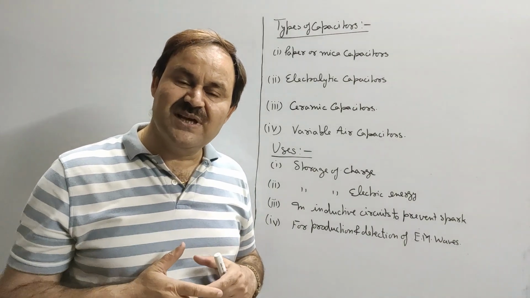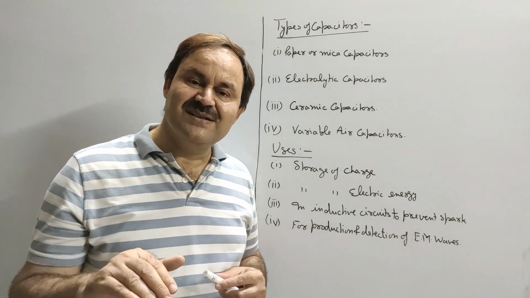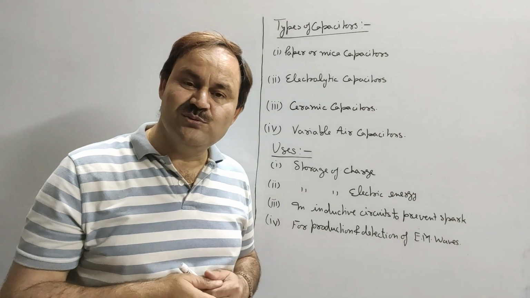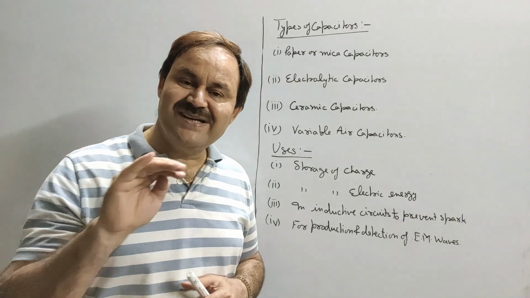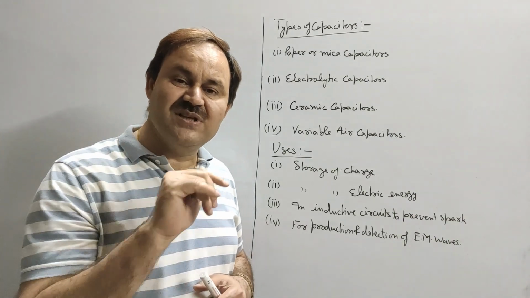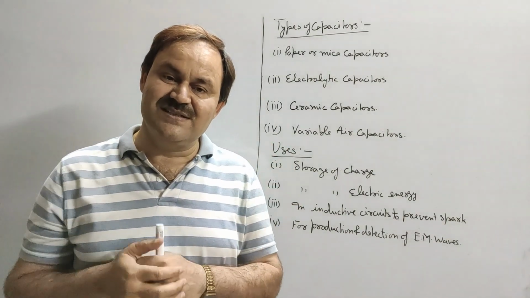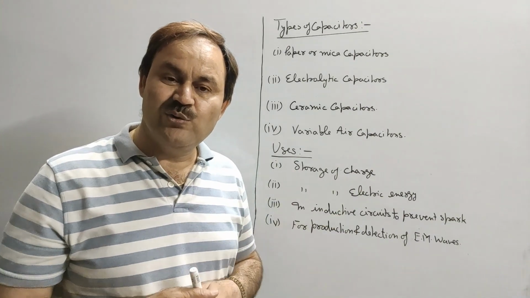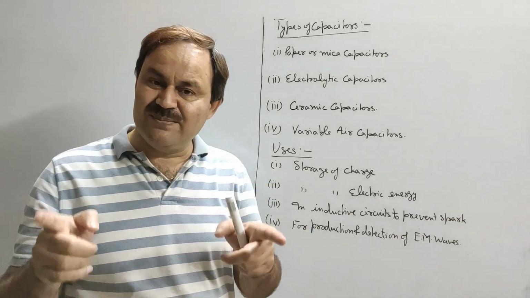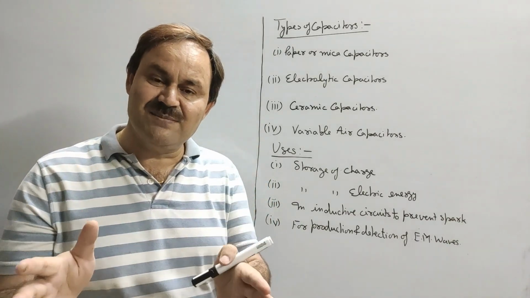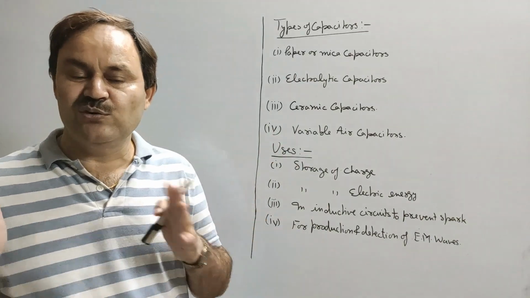Capacitors are also used in filter circuits. Filter circuits means circuits that prevent direct current from passing through the circuit, because a capacitor does not allow direct current to pass through it, but it allows alternating current to pass through it. Hence, wherever alternating current in a circuit is required but no direct current component is needed, we will connect a capacitor in series with the circuit. That capacitor will stop direct current and will allow only alternating current to flow through the circuit.